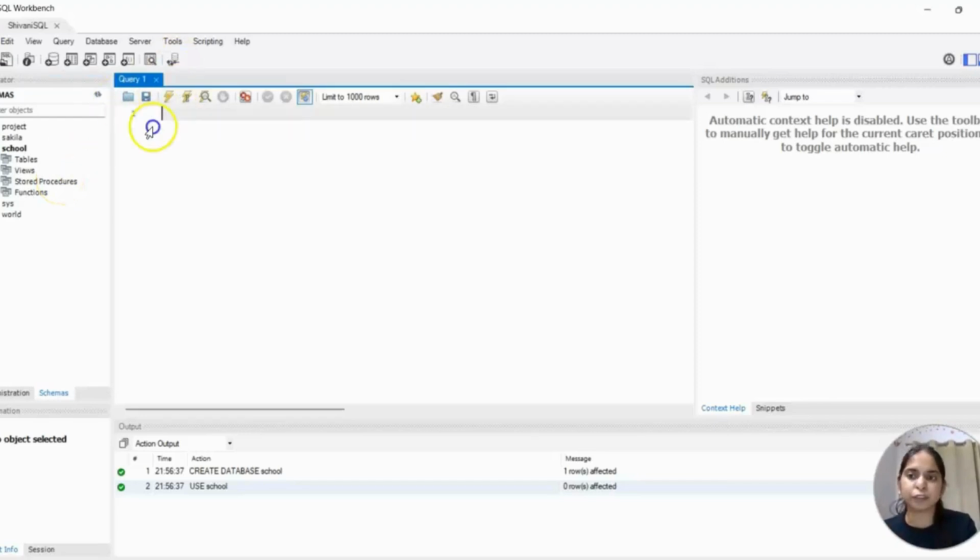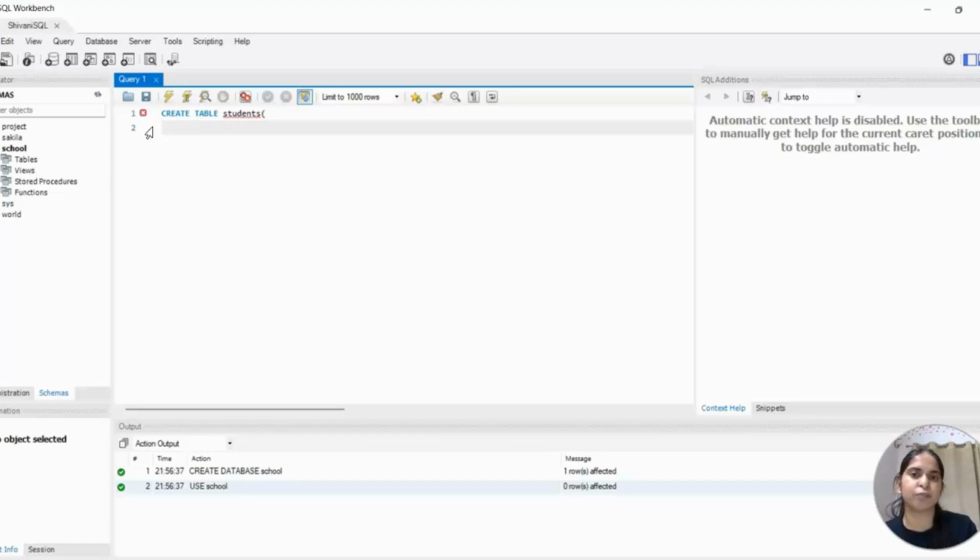Now inside the school database we will create a table named students. For that you can write create table students, and then open a bracket. On the next line, what is a table? You know that a table consists of rows and columns, right? And it is like a spreadsheet.